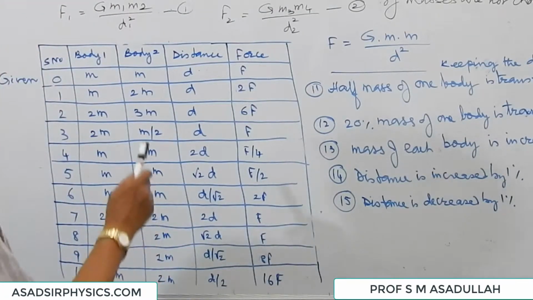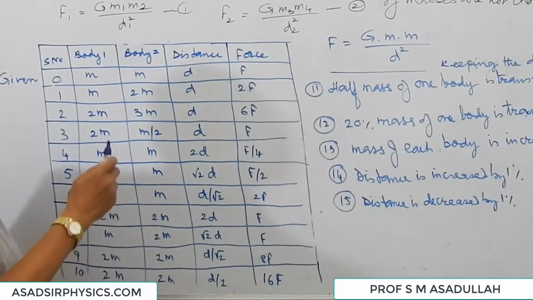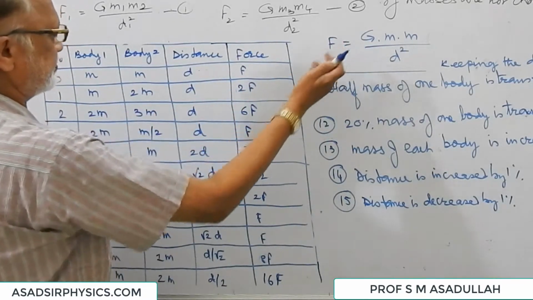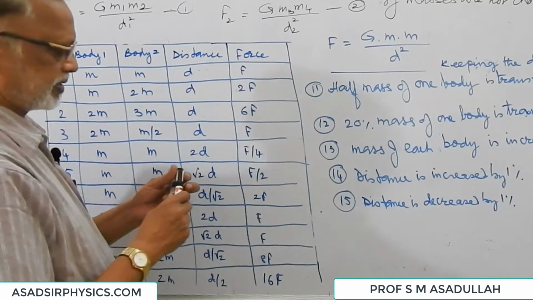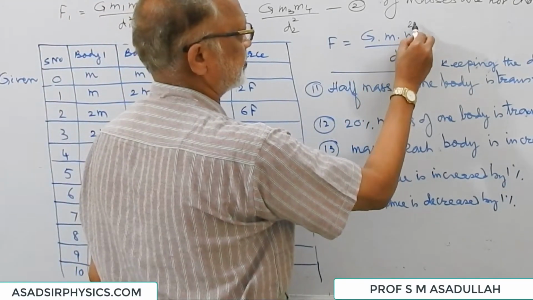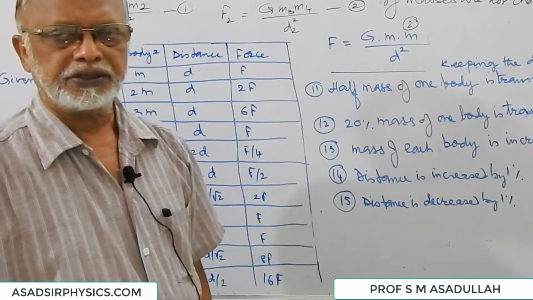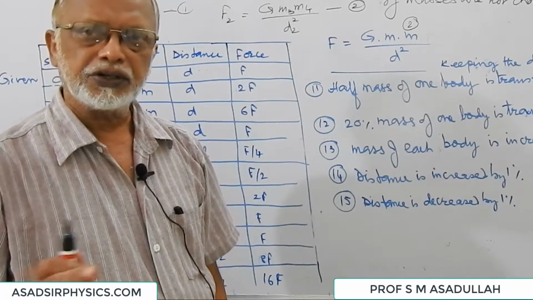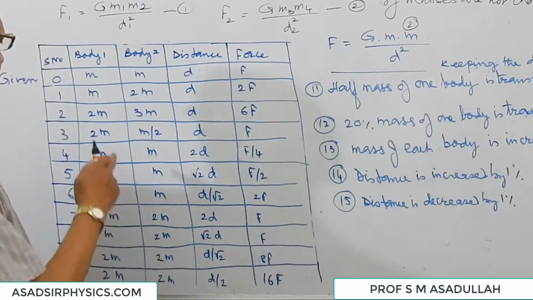Or just take this as reference. Now you just observe how I am solving it. It will be very fast. What is given? Take this formula. What is given here? One of the masses is doubled. That's all. Only this mass is doubled. You are getting a number 2 in the numerator. So the new answer will be 2 times the old answer. That's all. 2F.